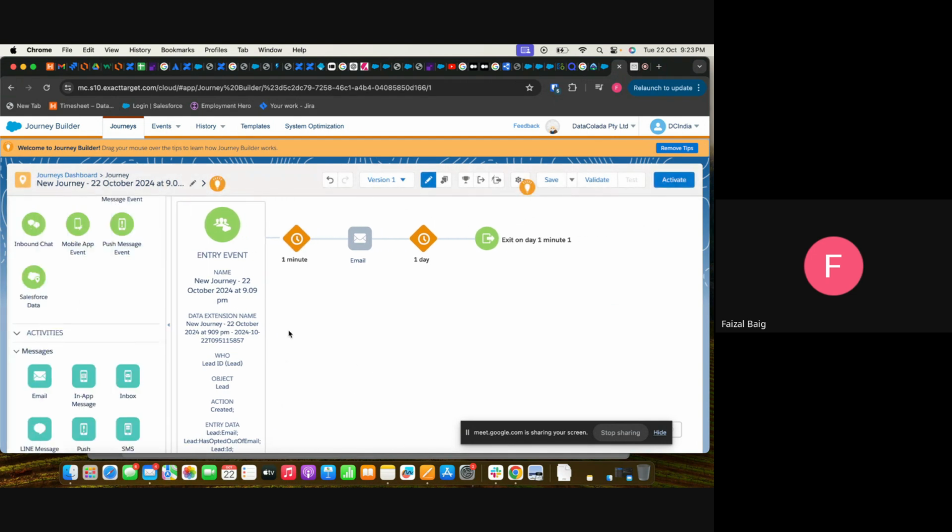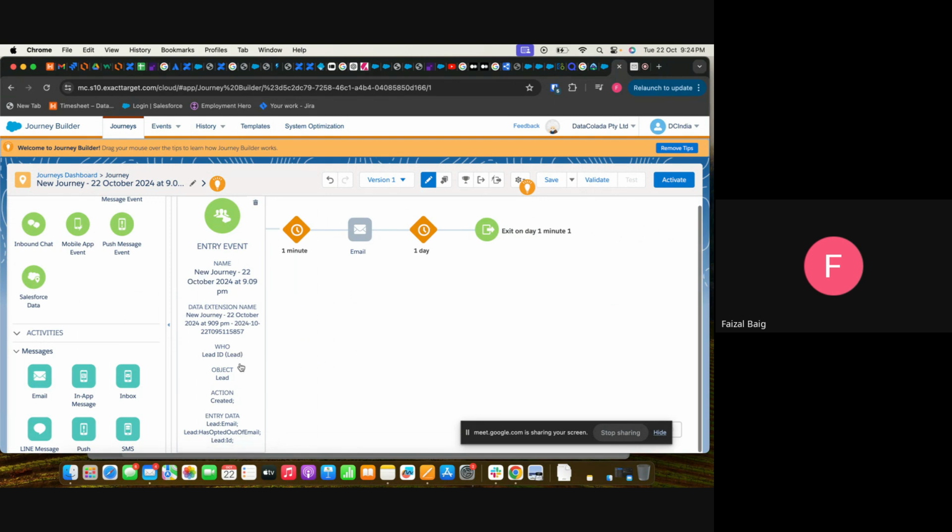So in that situation, we need to add Salesforce data, where, when the lead has been created in Sales Cloud, as soon as it's created, within a few seconds it should enter this journey, and in 1 minute this email should be sent.